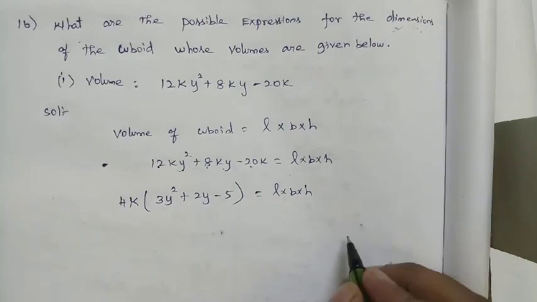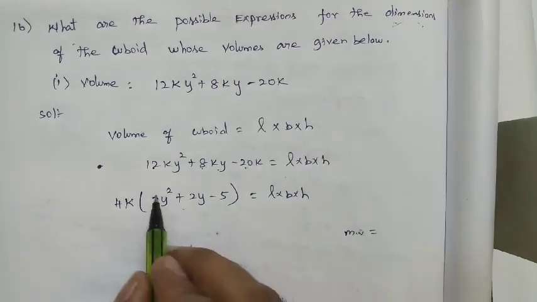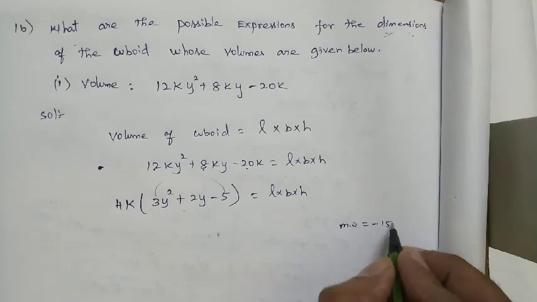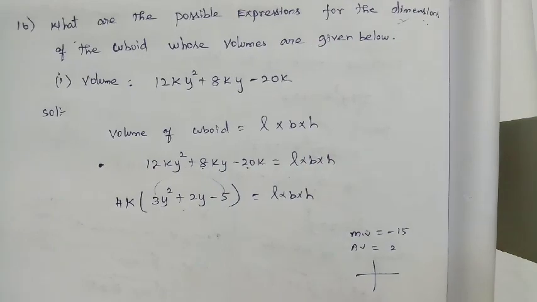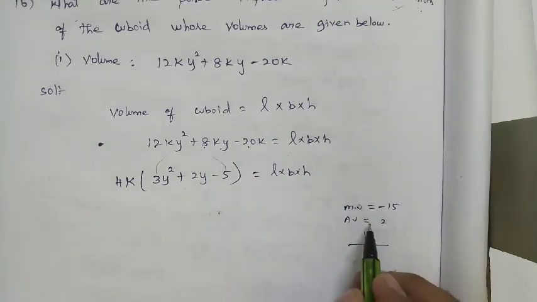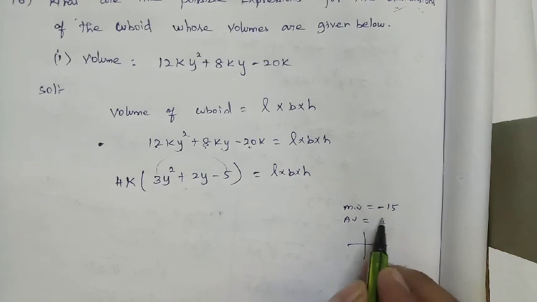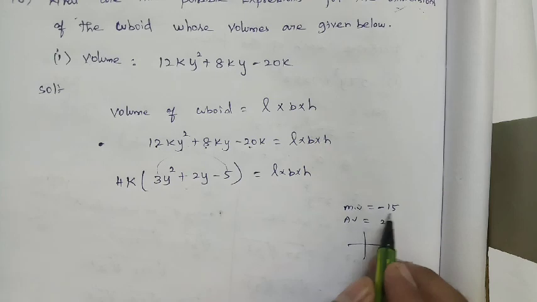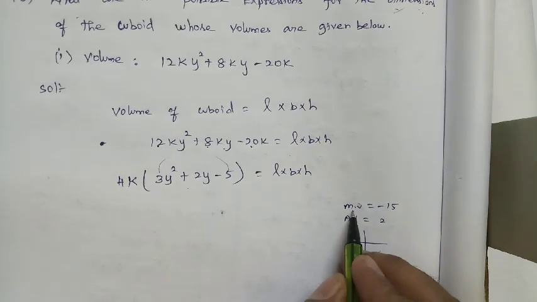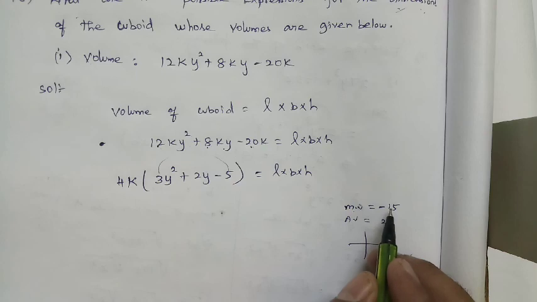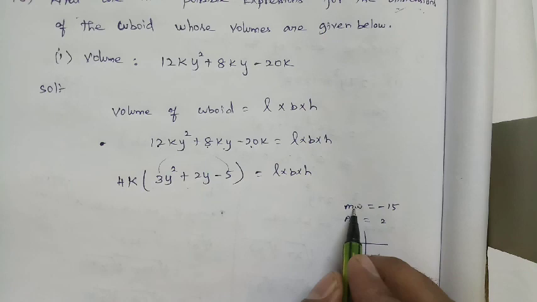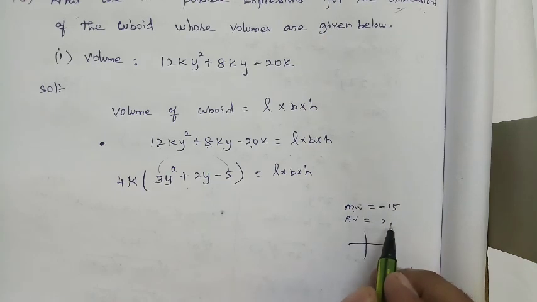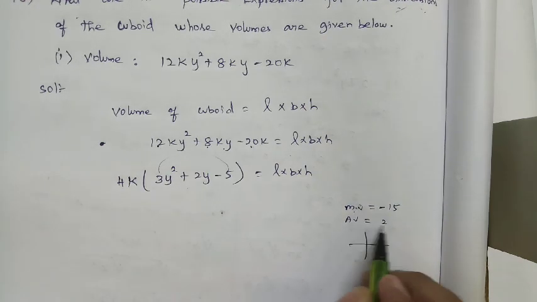So multiply value and addition value. What is the multiply value? Multiply value is nothing but 3 into −5, so −15. Addition value is nothing but 2, right? See that the multiply value is a negative value. So while we are subtracting the 2 numbers, we want to get 2, and the same numbers while we are multiplying, we want to get 15. Understood? See, the multiply value decides that, you know that, right? If the multiply value is positive, then while adding we want to get the addition value. If the multiply value is negative, while we are subtracting we want to get this addition value, right?